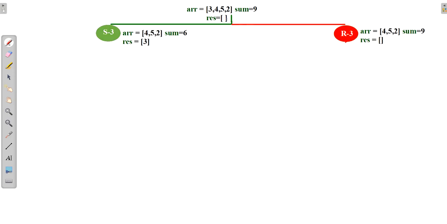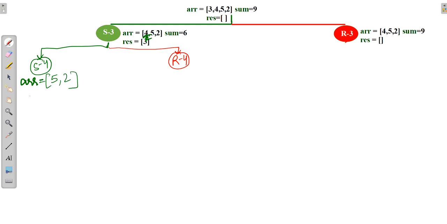We are not doing any calculation over here, so it will take the sum as it is and the result will be an empty array. Now we will do the same select and reject on 4, as it is the first element of our array. So here select 4, and on the other hand reject 4. As we are calculating for 4, now our array will be 5, 2, and the sum will be 6 minus 4, which will be 2.